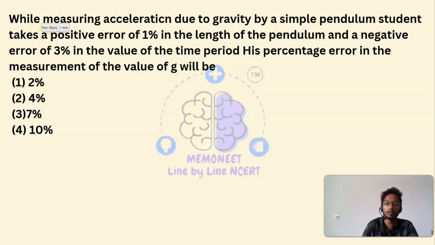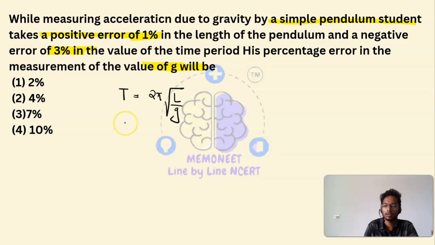Measuring acceleration due to gravity by a simple pendulum takes a positive error of 1% in the length of the pendulum and negative error of 3% in the value of the time period. This percentage error in the measurement of the value of g will be. Okay, so we know that time period T = 2π√(L/g),